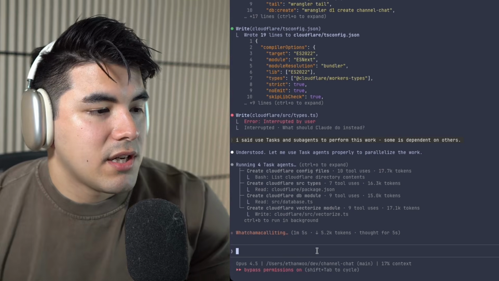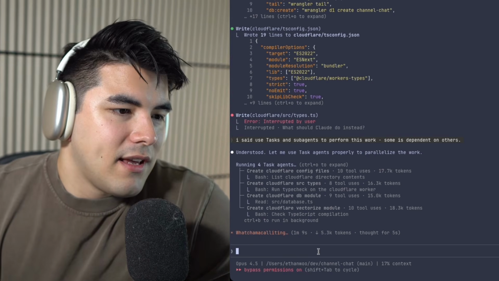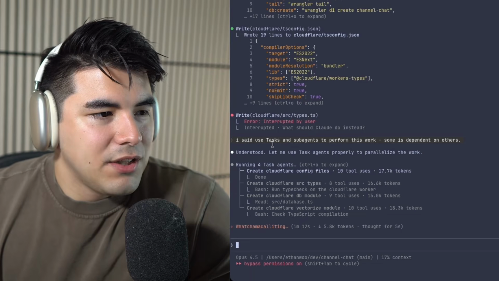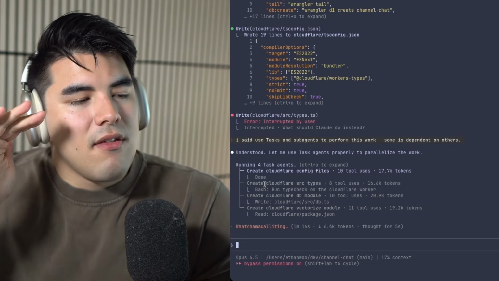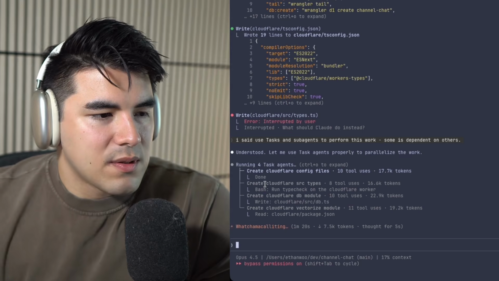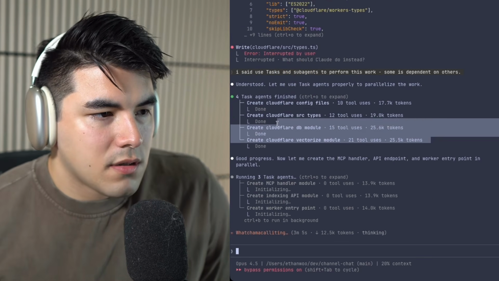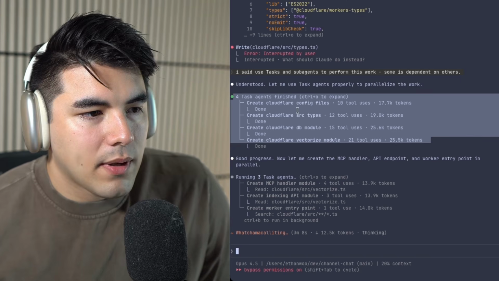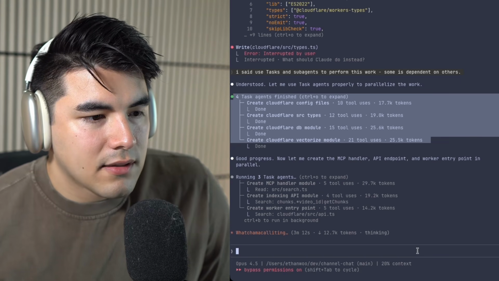The CLI is changing like sometimes multiple times per day. And what worked yesterday perfectly, like if I said use tasks yesterday, it would have created these 4 check boxes. And then it would have said, this one's dependent on this one, this one's dependent on this one, and then it would have churned through it. The 4 task agents finished with basically setup and used 50,000, 70,000, 90,000 tokens.